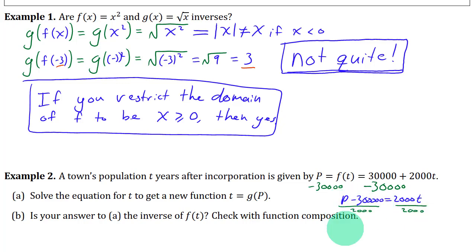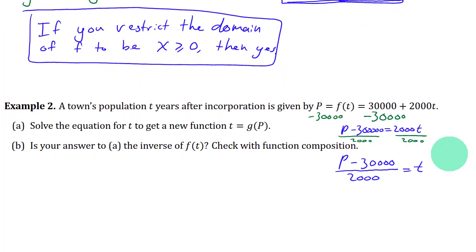That gives you p minus 30 grand divided by 2,000 is equal to t. And that's what we're looking for. This is our function g of p. So we could write this using function notation as,